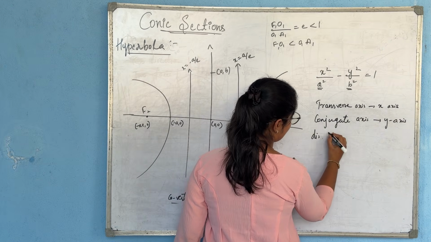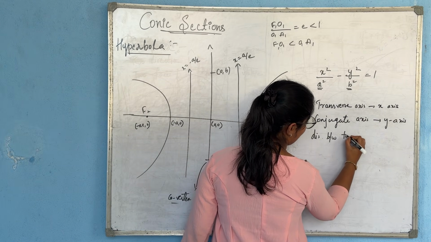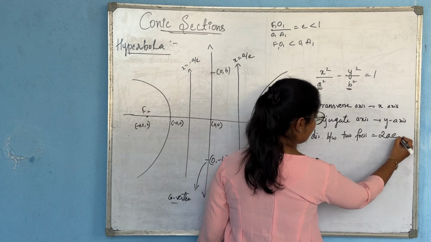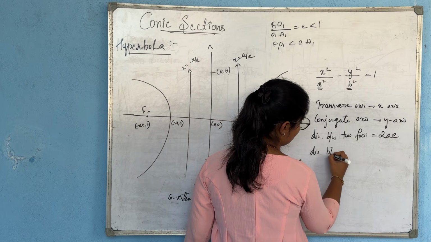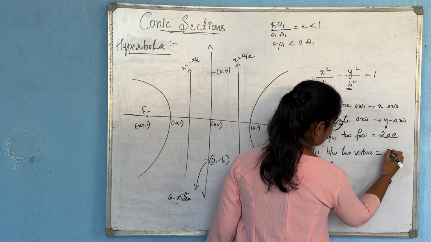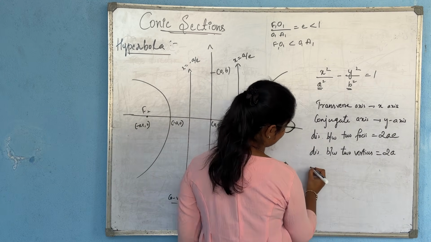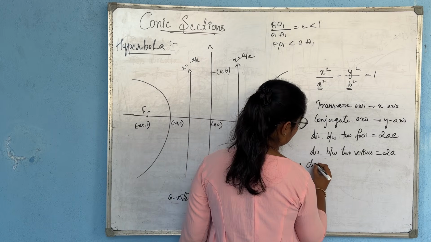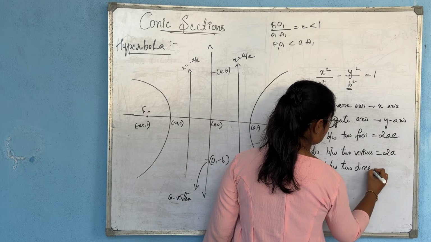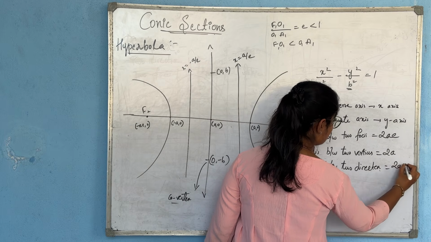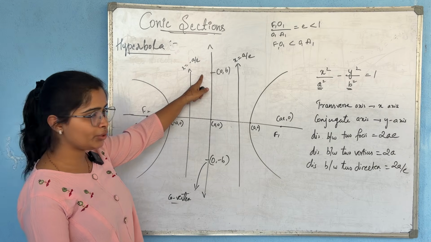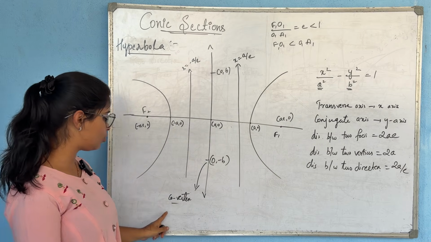We will just write down here: the distance between two foci is equal to 2ae, the distance between two vertices will be equal to 2a, and the distance between two directrix will be equal to 2a by e. Clear? And one thing that you need to know is this (0, b) and (0, minus b) are called the